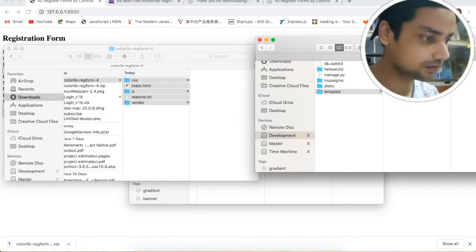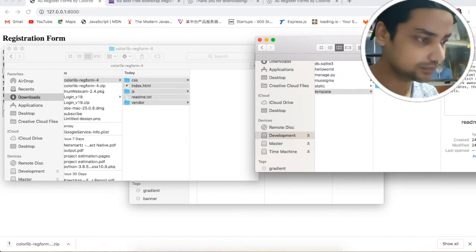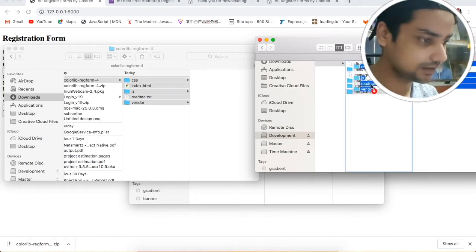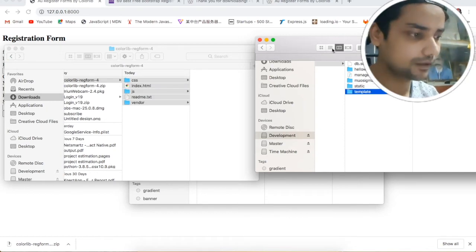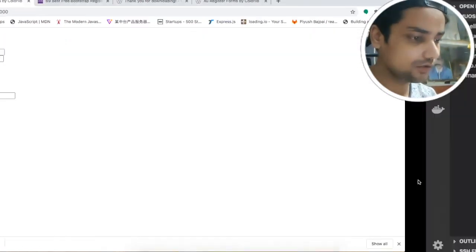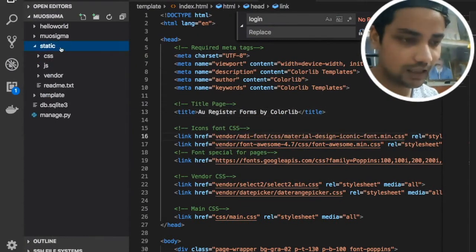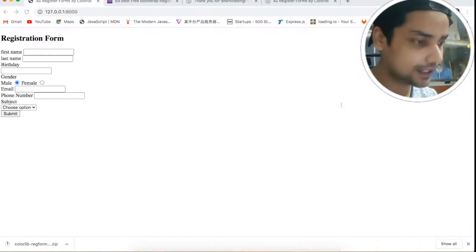Let me choose these files and drag them into the static folder. Perfect, now you can see we have all those files inside the static folder.